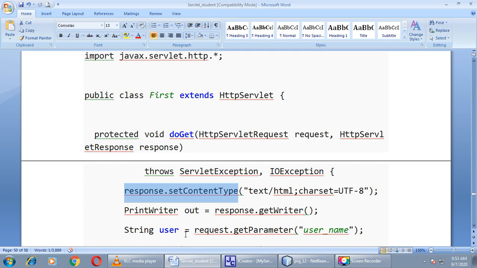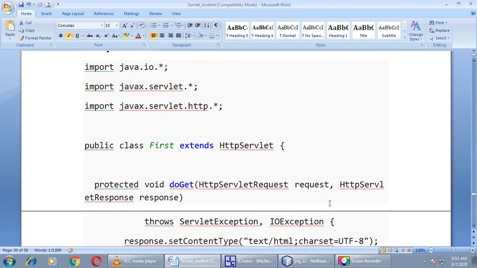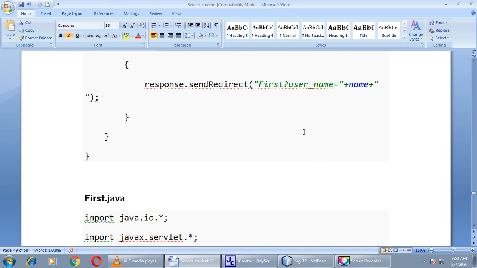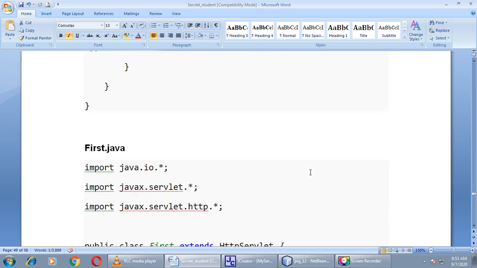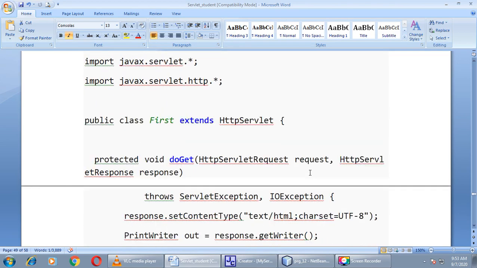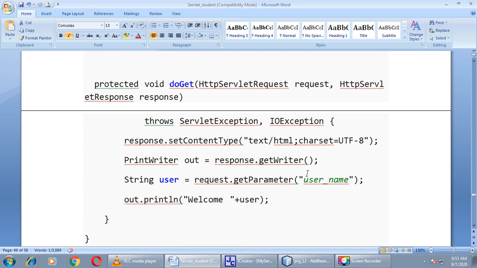Now string user equals to request.getParameter, as we have used the same method in the first servlet, but here the value of this parameter user underscore name, which we have used in the first servlet, that value we will get in our first.java servlet, right?